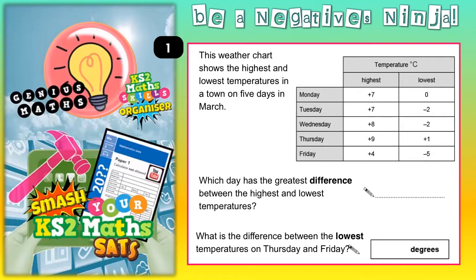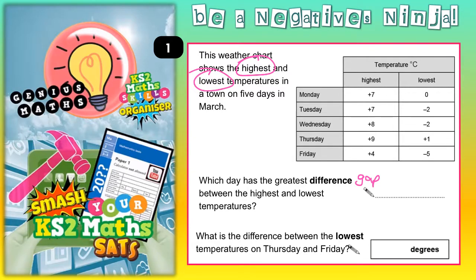Question number 1. This weather chart shows the highest and the lowest temperatures in a town on 5 days in March. And we've got to answer which day has the greatest difference between the highest and lowest temperatures. Well, to find the greatest difference, we need to find the greatest gap, the biggest gap between the highest and lowest temperatures. So in order for us to do that, we need to basically figure out what all the gaps